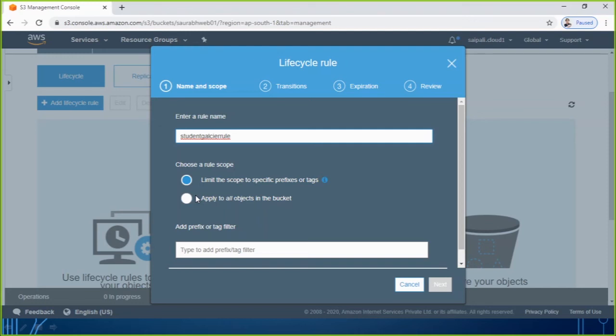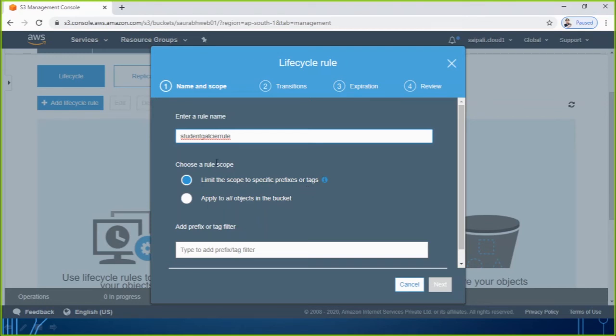You remember last day when we were putting the data, we had an option to tag it. So you can limit the scope to a specific prefix or tag. Maybe you have defined a tag, like department IT, department AWS, department ethical hacking.